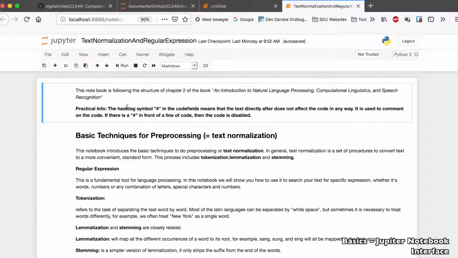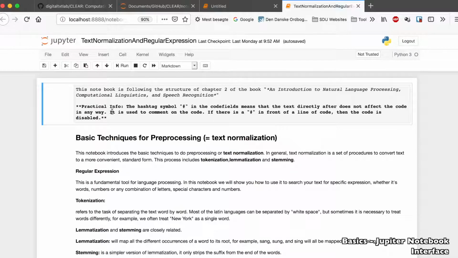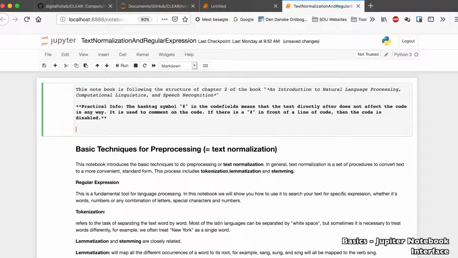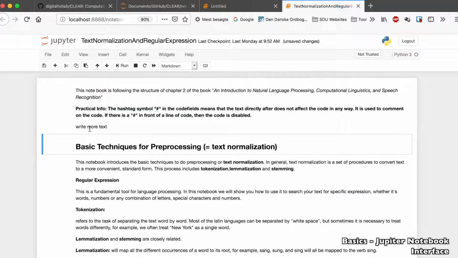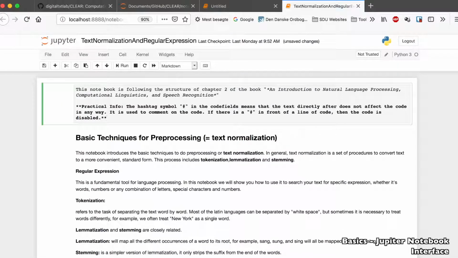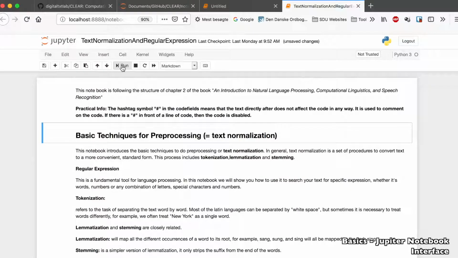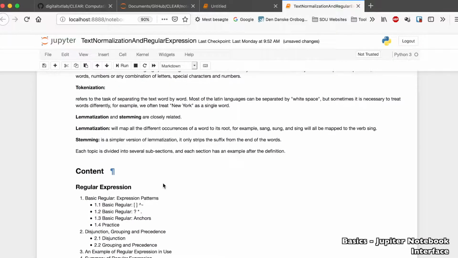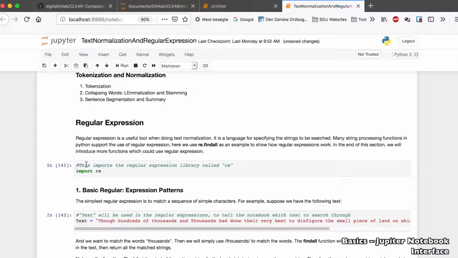So the Markdown fields you can use to write text, and if you double click in them, you can write more text. And then if you click run, it goes back to normal. And then if you want to remove it, of course, double click in it, remove the text, and click run again. So we have the Markdown fields to explain what's going on in the notebook, and then we have the code